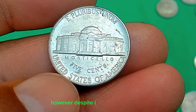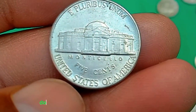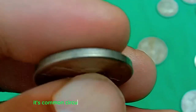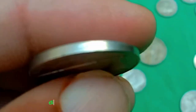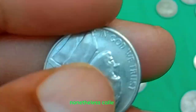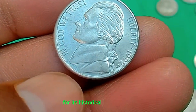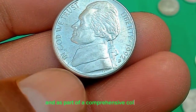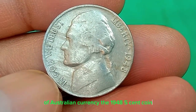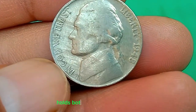However, despite its historical context, the 1992p 5-cent coin does not possess significant numismatic value. Its common circulation and large mintage numbers diminish its rarity and collectors' appeal. Nonetheless, collectors may still find interest in acquiring this coin for its historical significance and as part of a comprehensive collection of Australian currency. The 1948 5-cent coin, commonly known as the nickel in the United States, holds both historical